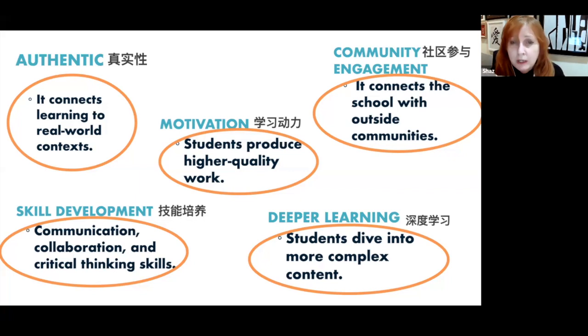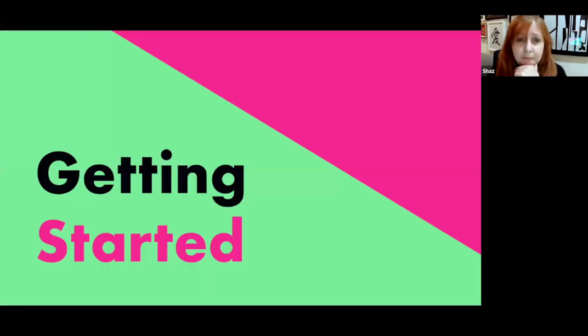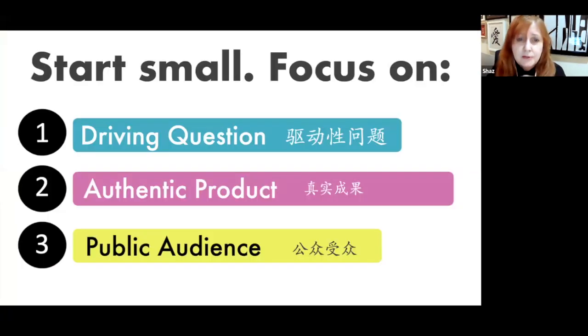So be aware that when you start off, you may have the vocab, the grammar that you're going to probably need, but it may expand. It may expand and go with it. Go with it. If kids are learning and they're learning deeper complex content, then that's a good thing. Okay, so getting started just very quickly because we're almost finished.